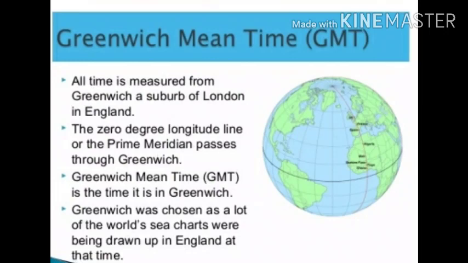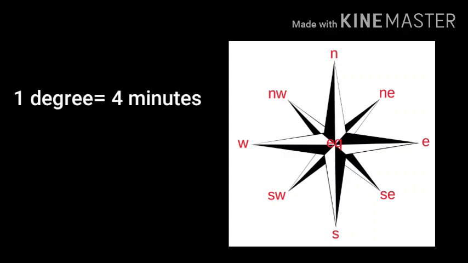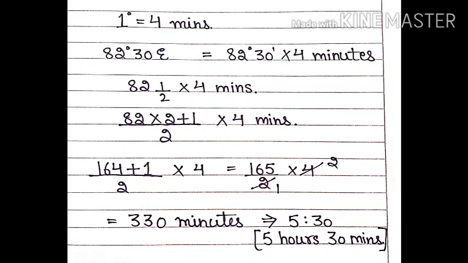As we move further from GMT, which stands for Greenwich Mean Time and is the Royal Observatory time of Greenwich in London, if we move 1 degree from GMT towards the east, then there is a gap of 4 minutes. It means if we move 1 degree ahead in the east direction from GMT, then our time will increase by 4 minutes. But if we move back 1 degree in the west direction, then we will lag behind in time by 4 minutes. So here is the numerical for you all. That is, 1 degree is equal to 4 minutes.